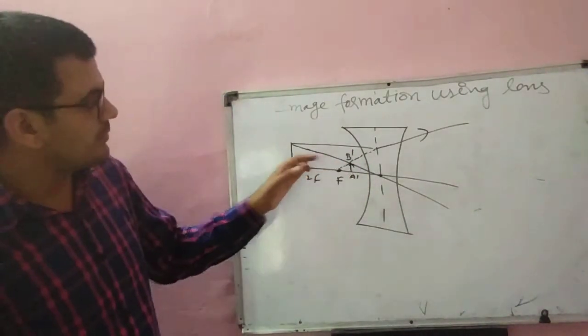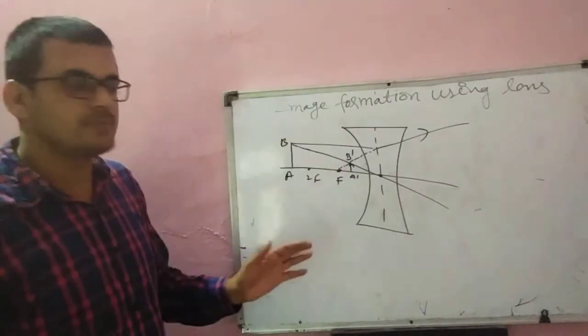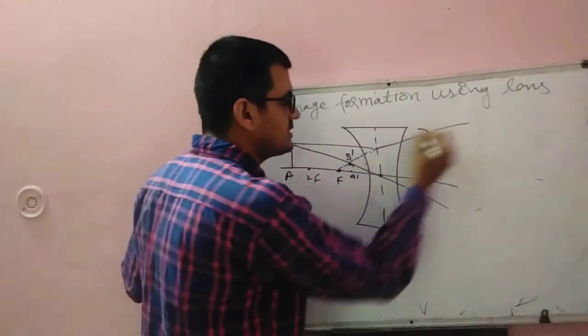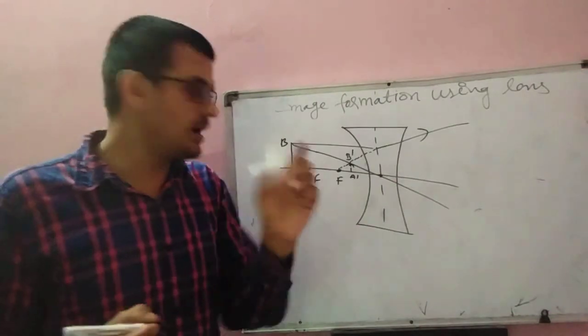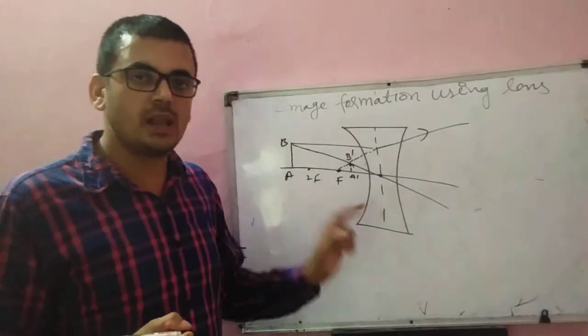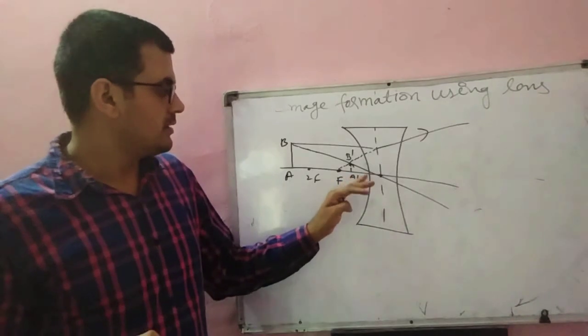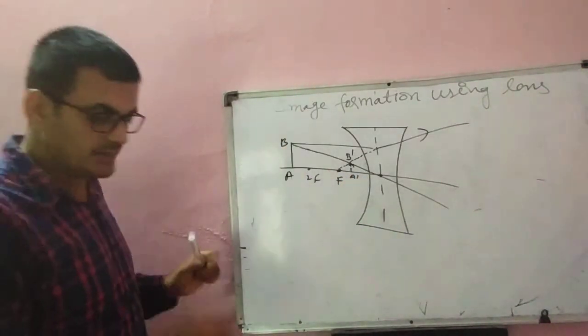Again, you can watch, this is the object and this one is the image. Very small image, and this will also be a virtual image. Because the rays are moving like this, it will be virtual. It is virtual, very small and on the same side. Okay, this will be. Next one,